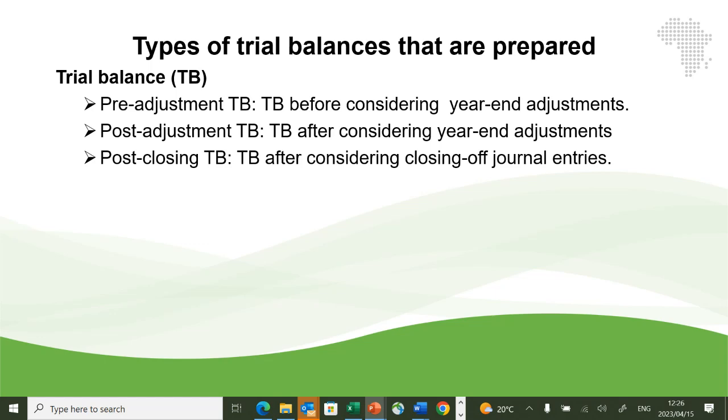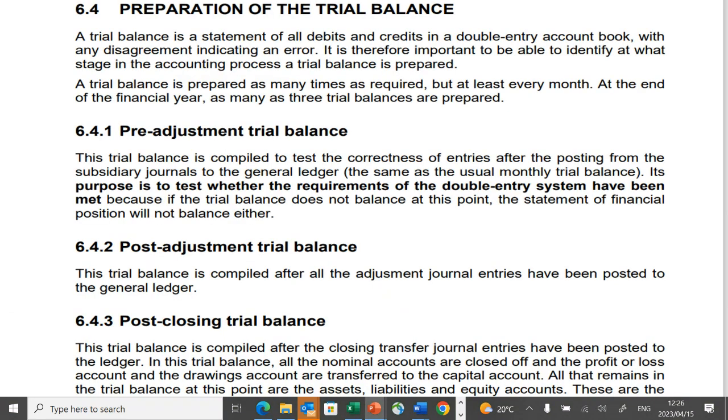Yes, so it's very important. So we'll always write it as a pre-adjustment trial balance, or an extract from a pre-adjustment trial balance. I just also included this